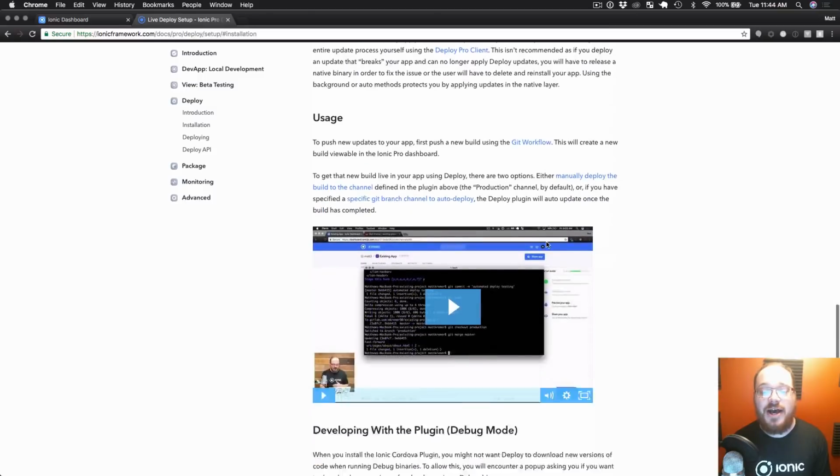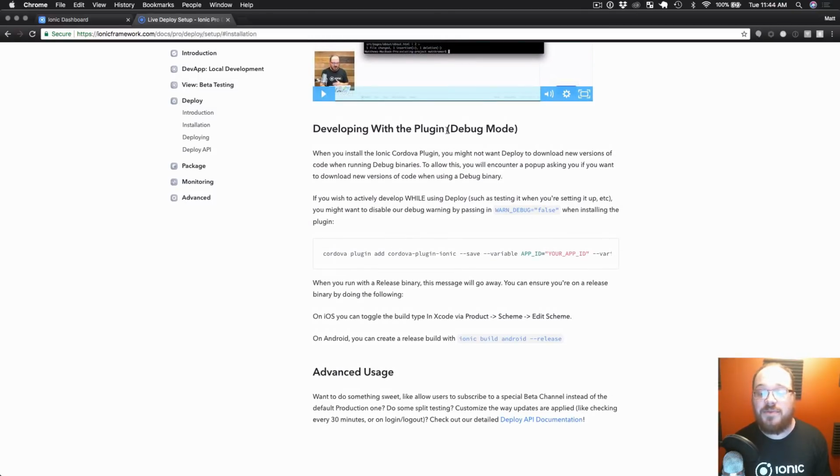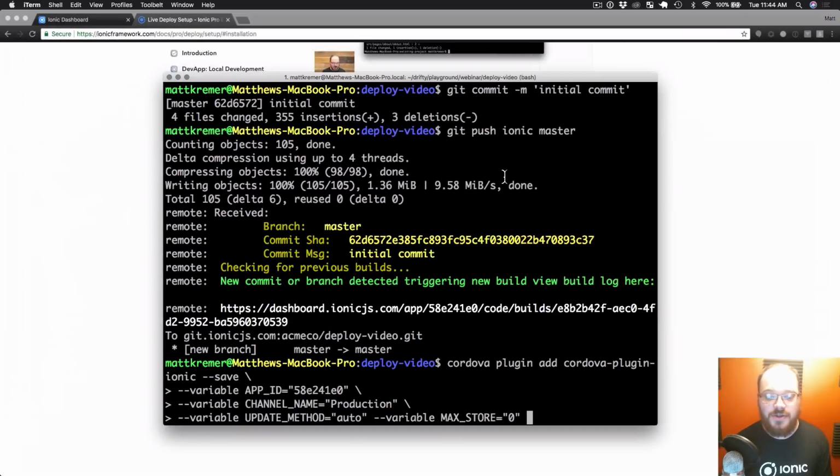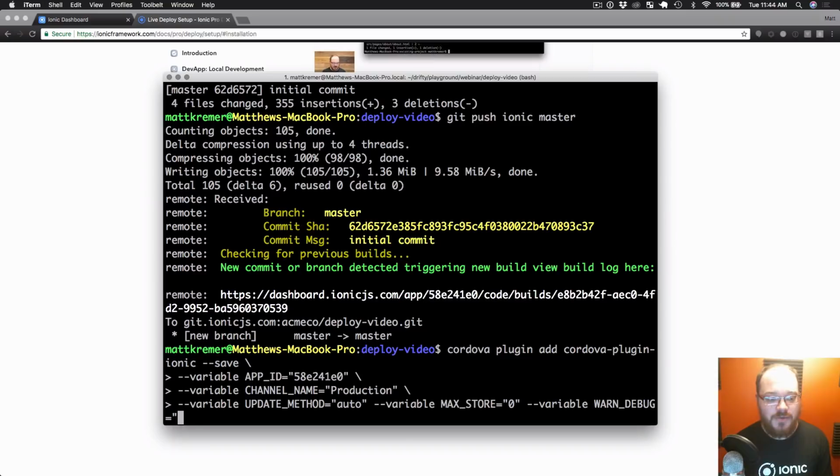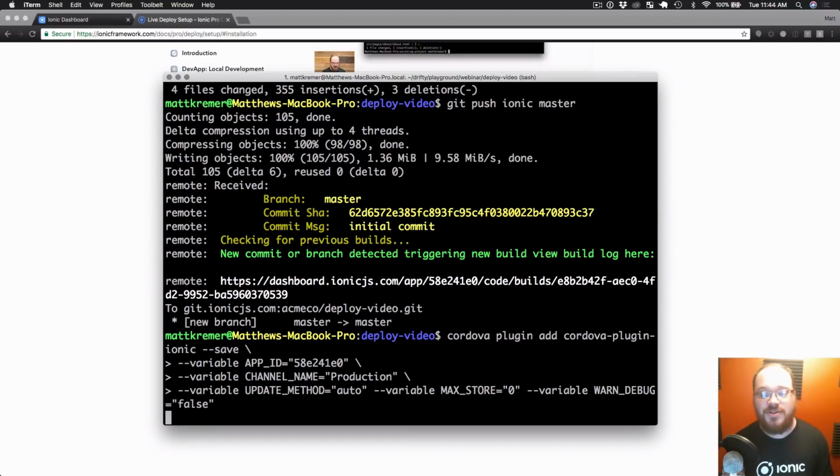The other optional flag is something related to debug mode. So if you don't do this, it's going to ask you to apply updates if you've got a binary running in debug mode. I'm going to go ahead and turn that off just so we can stay in debug mode today, but I can still show you how deploy works. So I am also going to add variable warn_debug equals false, and we're going to hit enter and let that